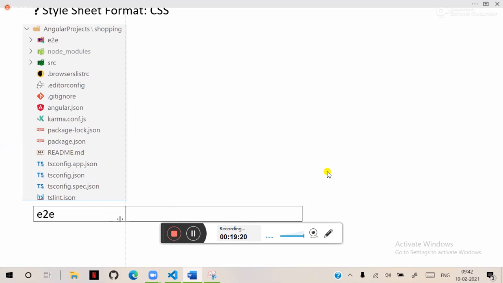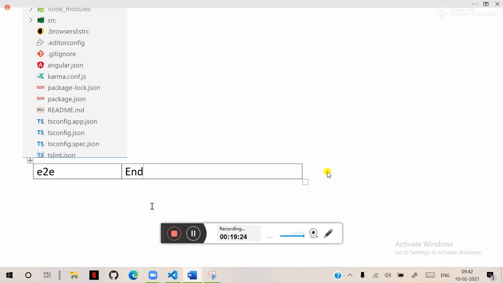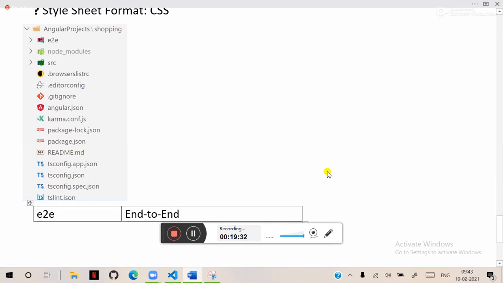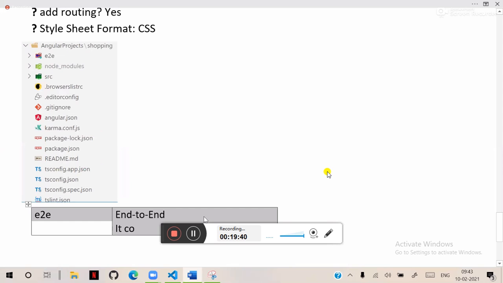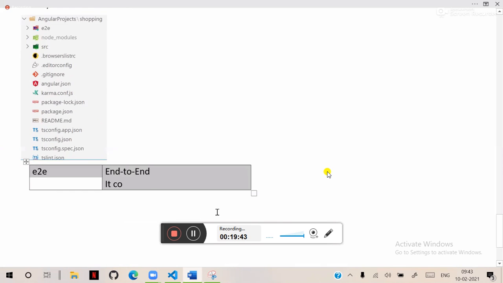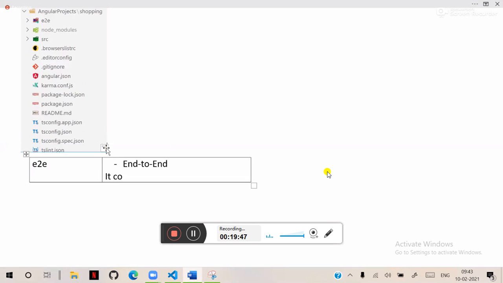Actually, this E2E folder is end to end. End to end means this folder contains the configuration actually. So this end to end contains